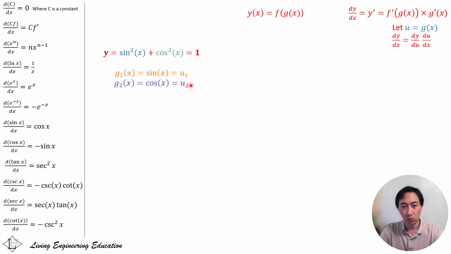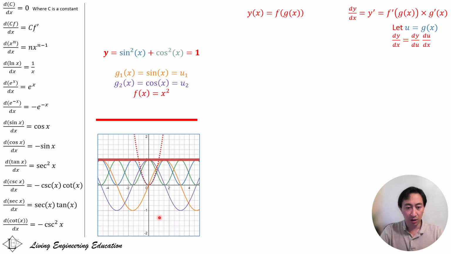So I'll have a u1 and u2, or a g1 and a g2. And my external function is going to be the same for both of them, so I just use x squared. So if I plug in u1 squared or u2 squared, I'll get the sine squared or cosine squared in the full function. So if we graph these, let's see, I have my sine x in orange, my cosine